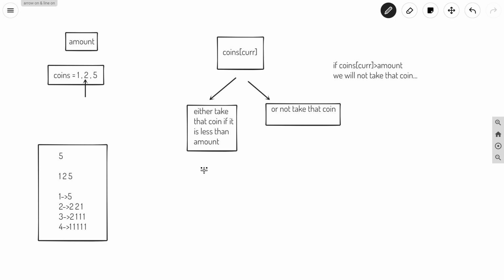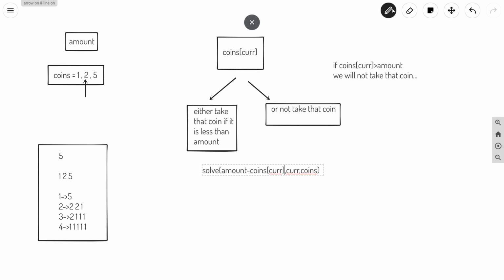Let us say the recursive function is solve. In this recursive function we will have parameters like amount and current, and obviously we will have coins with us. If we are taking the particular coin, our amount will be decreased by coins of current, and we will solve for this part.